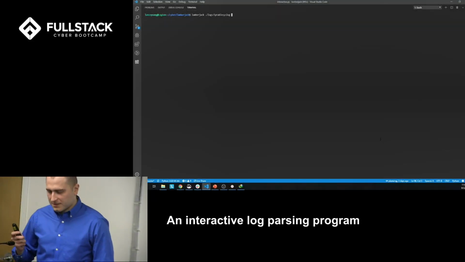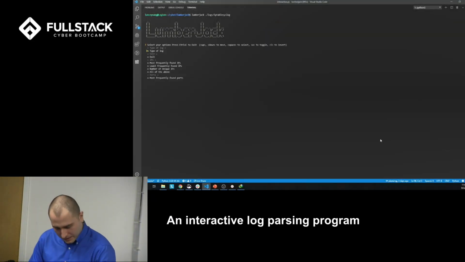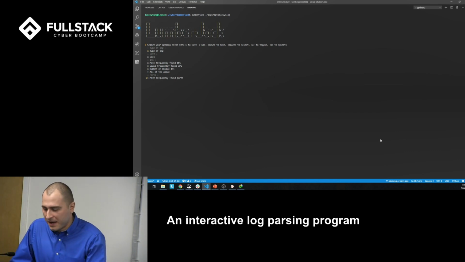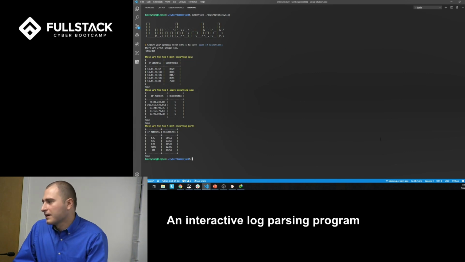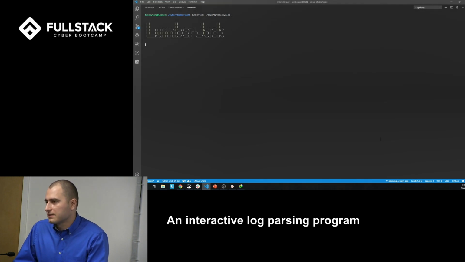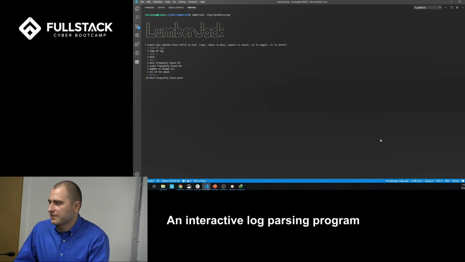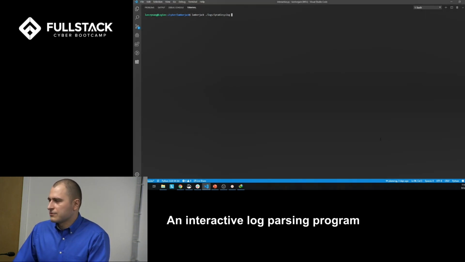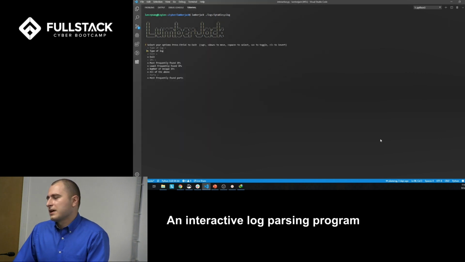Thank you, Haley. As you can see, Jill is able to use Lumberjack by inputting the command followed by the name of the log. Lumberjack can detect what type of log she's getting and display the appropriate command line interface. We built that feature using the PyInquirer Python library. After that, she can choose what type of options she wants. In this case, she needs the IPs and ports, and she selects those options and is presented with